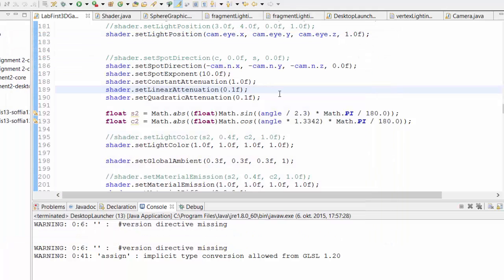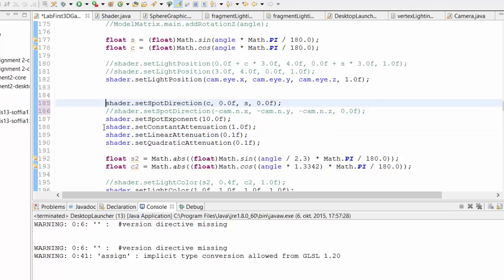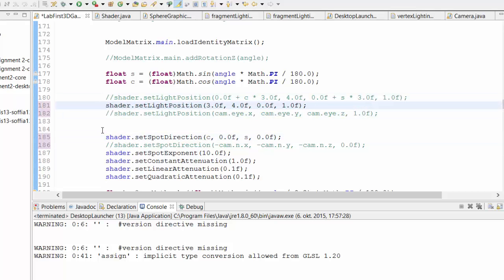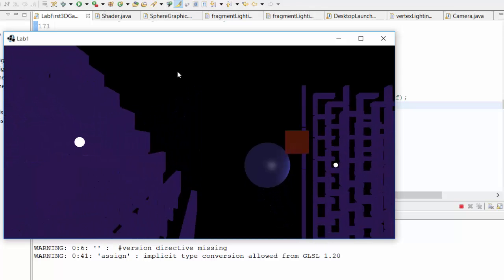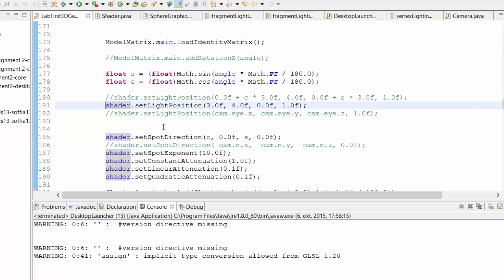Okay, so right now I'm setting the spot direction to the camera, and I can set it back to here. I'm setting the position to here. I can set the position again, where it's just like that. So we have it fixed on the light source, but it's attenuating as well. You can see how strong it is right next to it. And we can go back to what we did earlier, which was